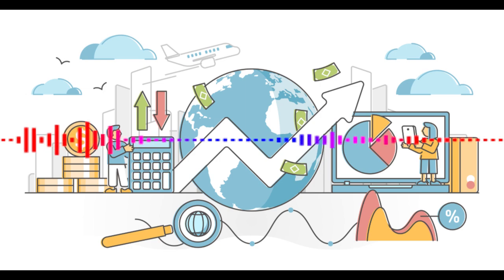Think of the impact a surge in global oil prices could have on transportation costs, and then how those costs would ripple through to the prices of goods and services in Uruguay. Uruguay has actually wrestled with both demand pull and cost push inflation throughout its economic history. During those periods of rapid growth, robust domestic demand and increased government spending fueled inflationary pressures. And external factors, like those fluctuating global commodity prices, have also played a part.